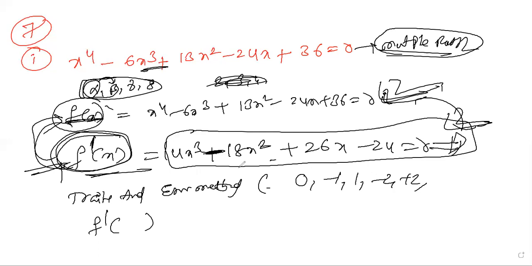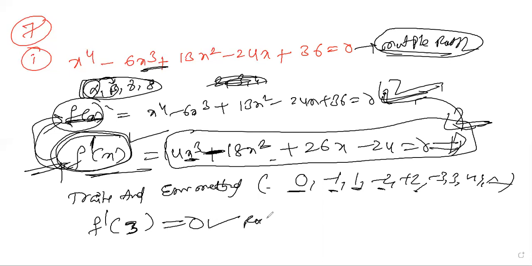If it is still not clear, you go to minus 3, plus 3, minus 4, plus 4. Keep on continuing like this till the equation is satisfied. I don't want to try all these. 0 is not satisfied because we get minus 24, and minus 1 is also not. Whenever you try, you may get the answer: f of 3 you'll get. It means if you substitute x equal to 3, this equation is satisfied. So 3 is a root. Are you clear?